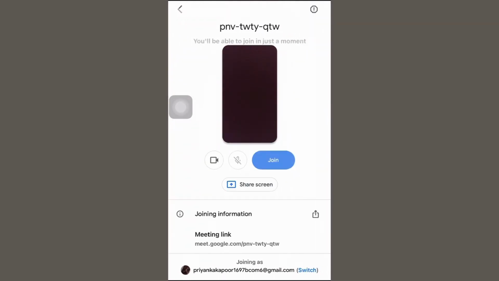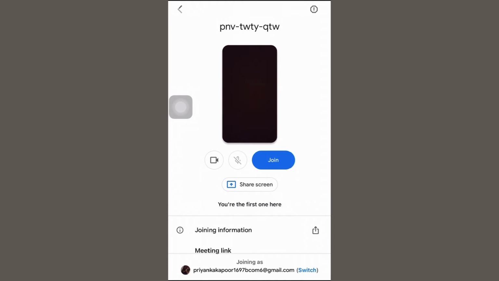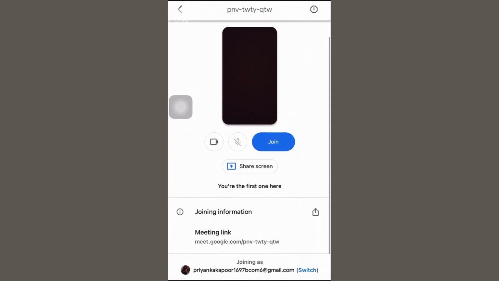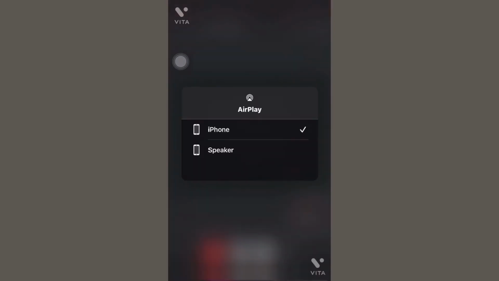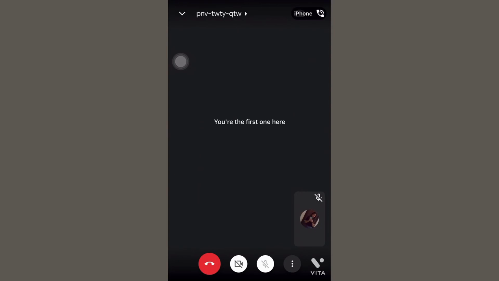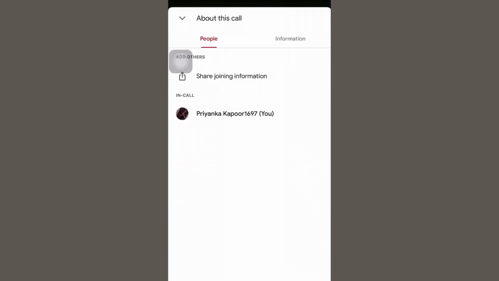As you are the first one, you will be considered the host. Here you can see the meeting link at the bottom of the page. You can also give the accessibility of camera. After clicking on join, a meeting window will appear. On clicking on the right corner, you can switch the meeting to speaker mode by clicking on the speaker option. Now, if you want to see the participants, you can do so by clicking on the left corner. Here is the list of participants. On clicking on information, you get the link that you can share with everyone.